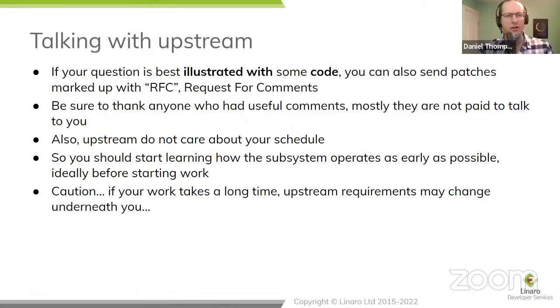Do bear in mind that a large number of the people that you communicate with on the mailing list are not paid to talk to you. Even people whose job it is to maintain the Linux kernel and who do it with company email addresses and with the company's blessing probably don't have any accountability to their manager for how effectively they talk to specific individual developers. Many other developers simply are volunteers or are working at a company and maintaining in their off hours. They are mostly not paid to talk to you.